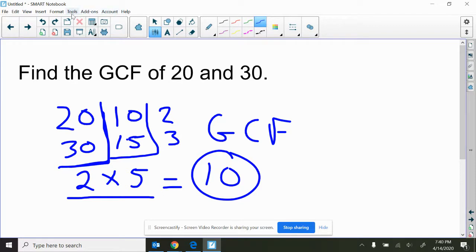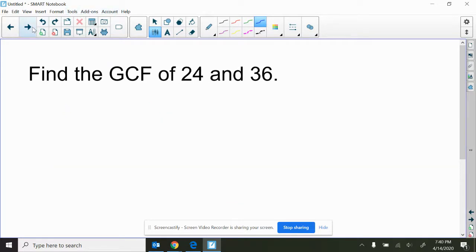Let's look at one more example. If you'd like to try it on your own, you can do that and just pause the video and watch for the solution. If you'd like to watch, you can do that as well. So I start out by lining the two numbers up vertically. So 24